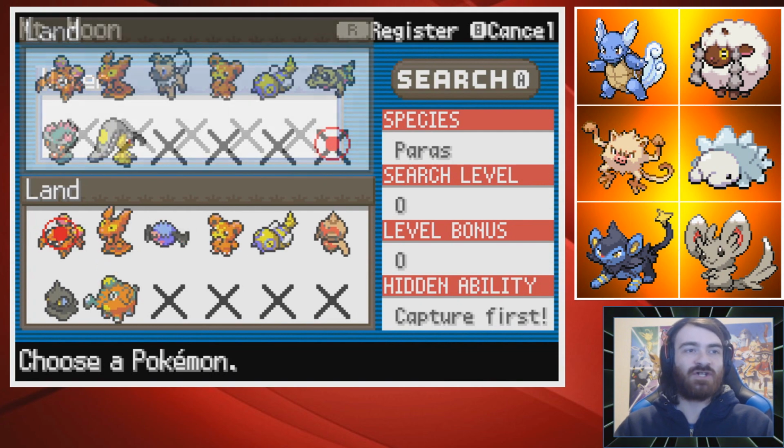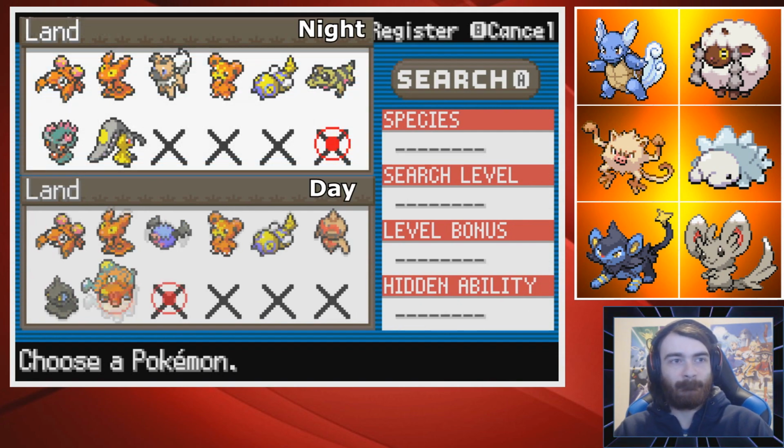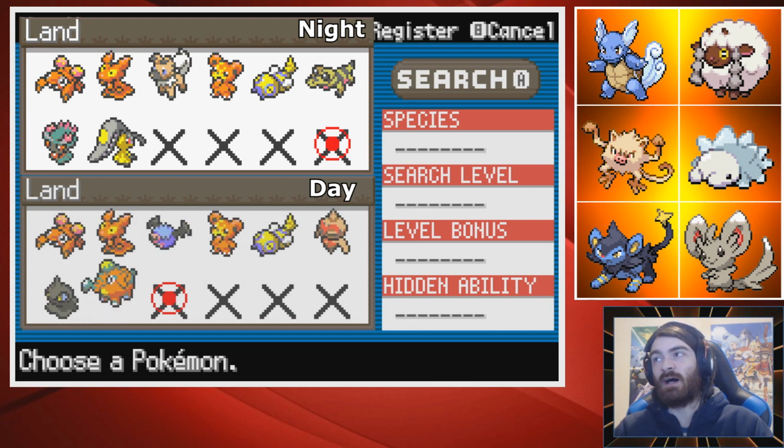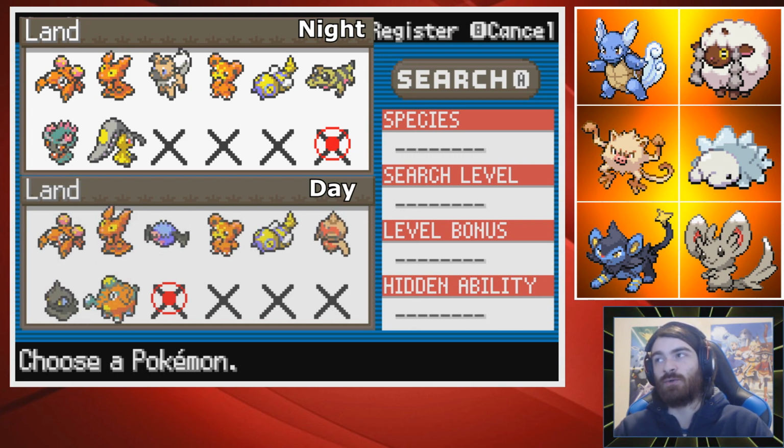But we have the next Dexnav area, which has Cufant. Cufant is definitely the most interesting Pokemon here. I don't think any of the others matter. Cufant's the only Pokemon that I really care about. As for the nighttime Pokemon, I brought them up on the side. Give me a second. Mareep's kind of cool. Sandile's kind of cool. They're definitely good Pokemon. But